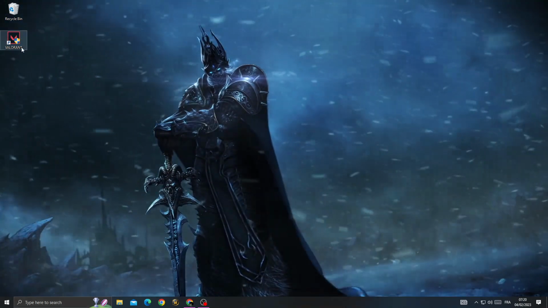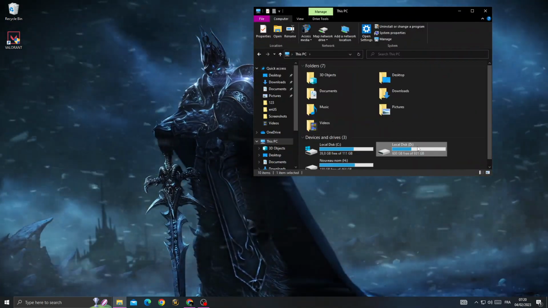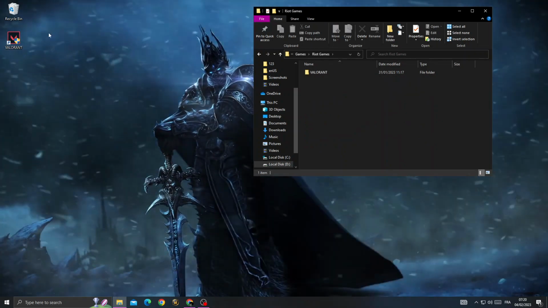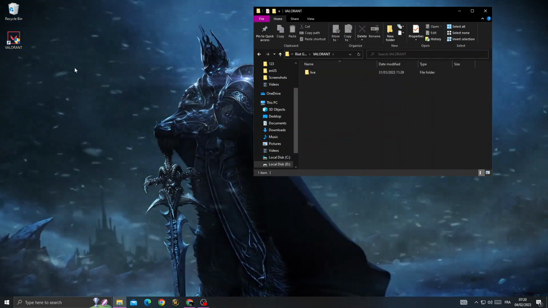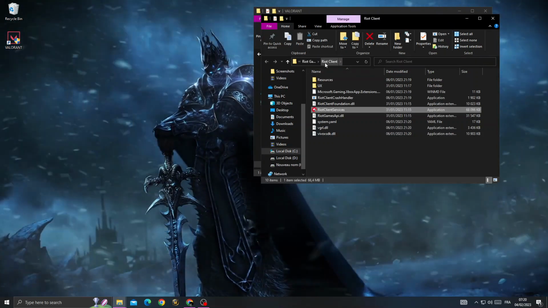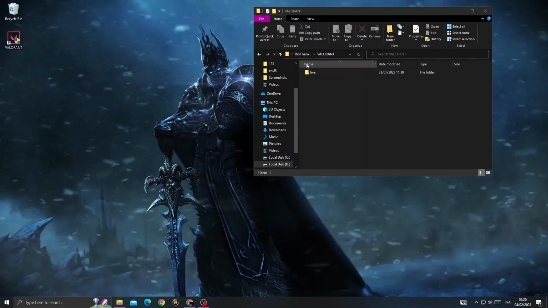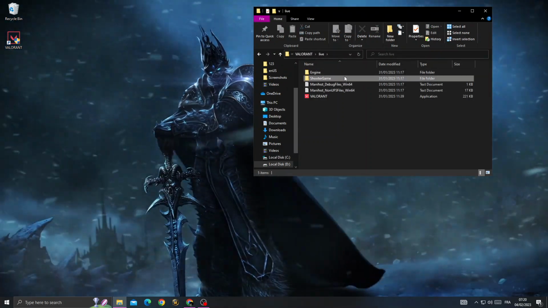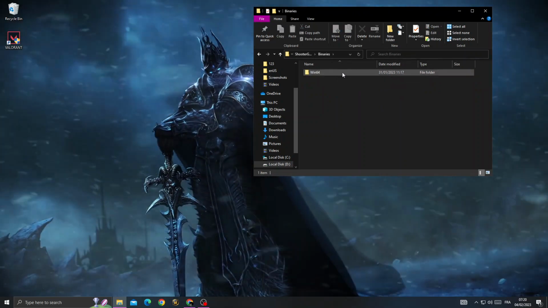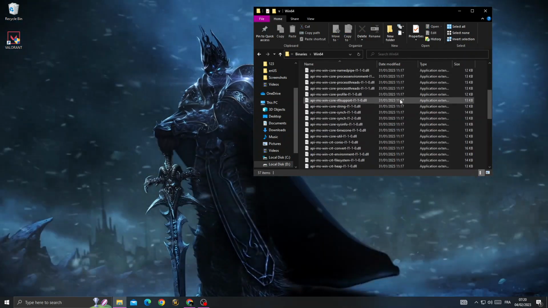now right click, first open file, just open the Riot Games folder, and if you can't find it, just right click on Valorant, open file location, click here to go back, and now Valorant, and here we'll find it. Now Live, Shooter Game, Binaries, and then here we'll find Win64. Click on it and then scroll down until